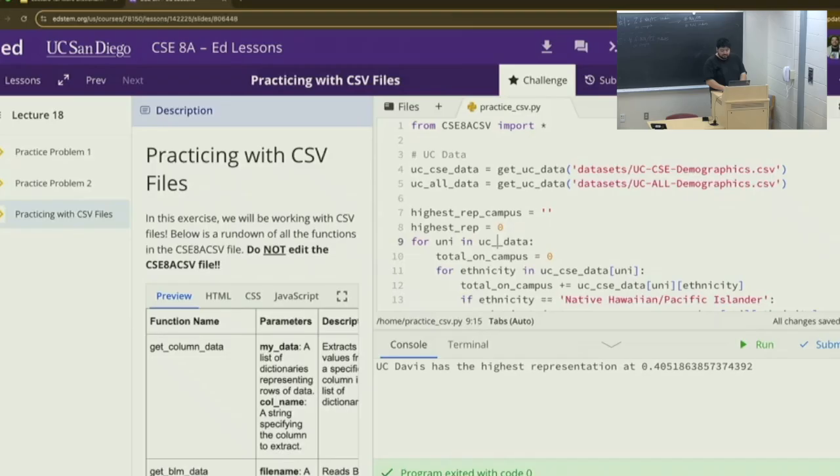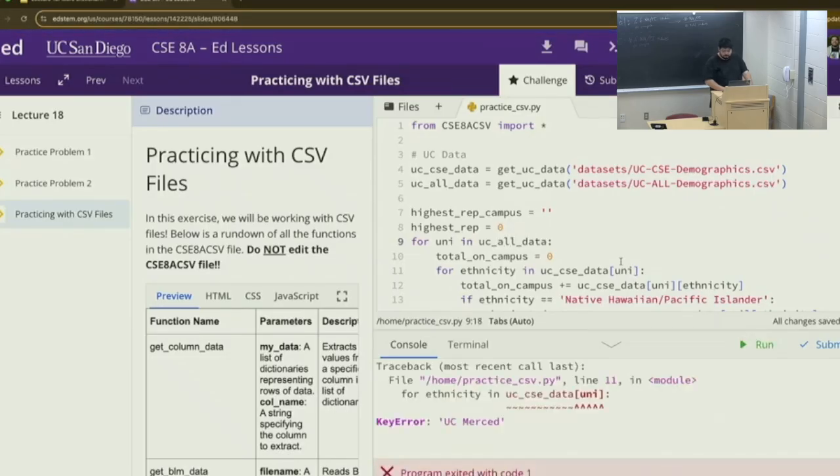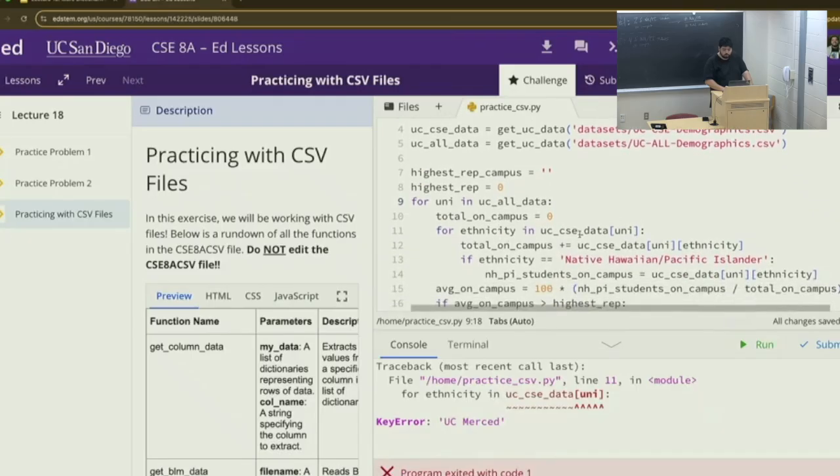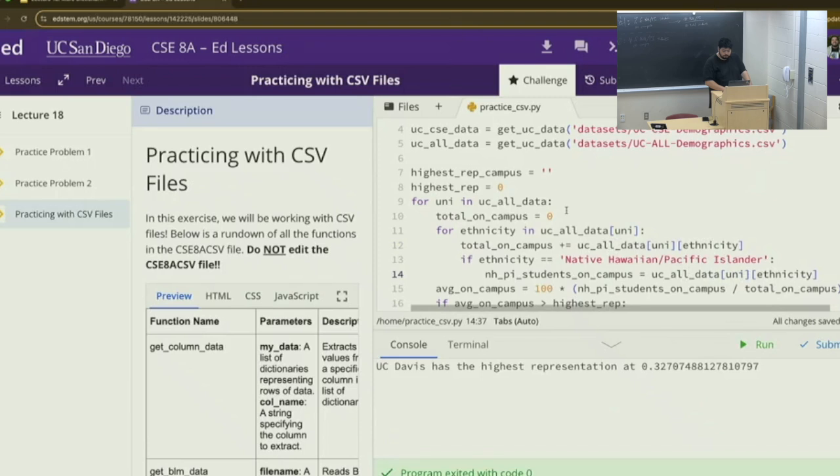I want to see if that's the same case for all students. Let me run that. UC Merced. Oh, you see CSE data here. Whoops. There we go. Also this one. Let's run that. You see Davis is still the highest percentage for Native Hawaiian Pacific Islander students with a